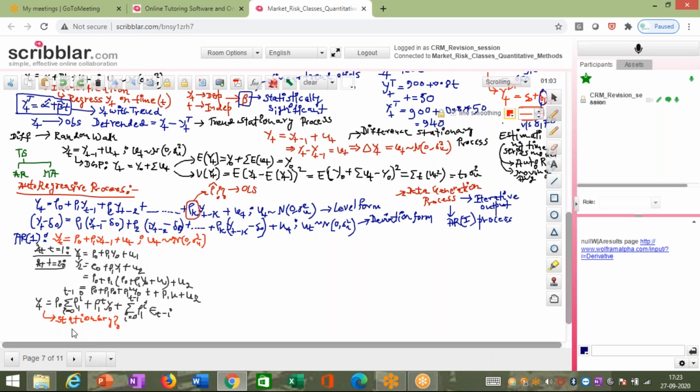So when I talk about stationarity, first of all, what we do is we calculate the expectation of YT. So what exactly is the expected value of YT? Now, when I take expectation over this error term or the stochastic component, ET minus I goes for a toss. So that part becomes zero. So the only thing which remains over here with me is the following: rho 0 plus,